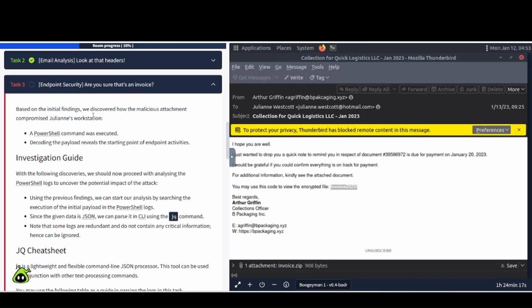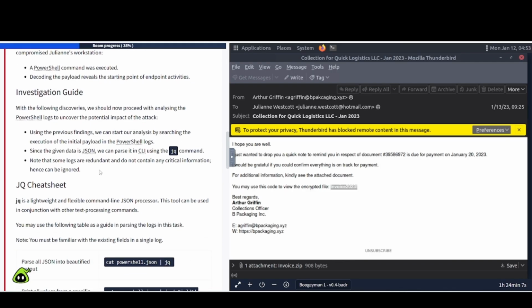Based on the initial findings, we discovered how the malicious attachment compromised Julianne's workstation. A PowerShell command was executed. Decoding the PowerShell payload reveals the starting point of endpoint activities. Investigation guide: with the following discoveries, we should now proceed with analyzing the PowerShell logs to uncover the potential impact